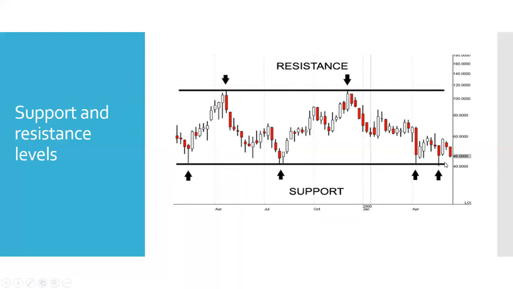Suppose the price line breaches this support level, this shows a bearish trend in the market. Movement within these lines is normal movement. But if price goes below the support level, this shows a bearish trend in future in the market. And if price penetrates and goes above the resistance level, this shows a bullish trend in the market in future.